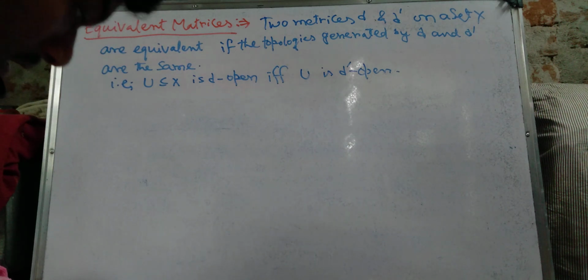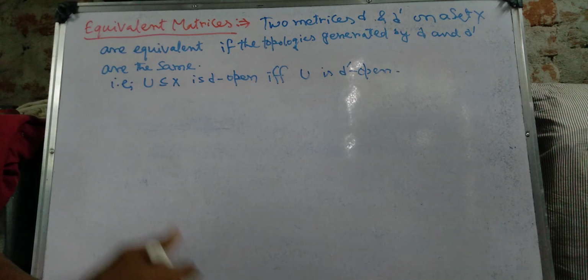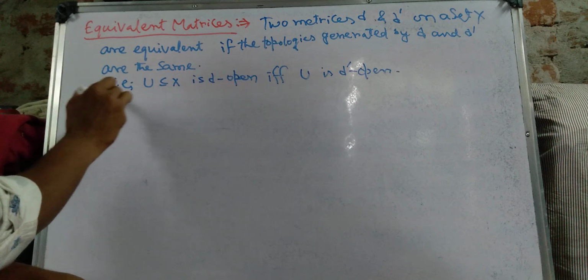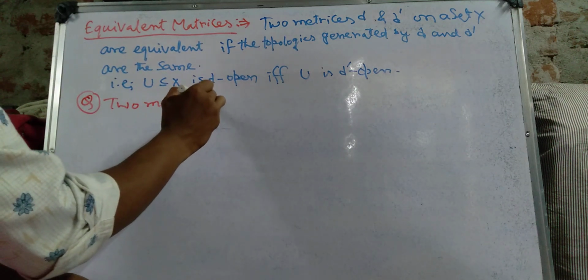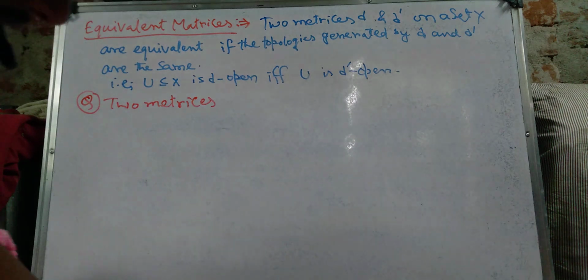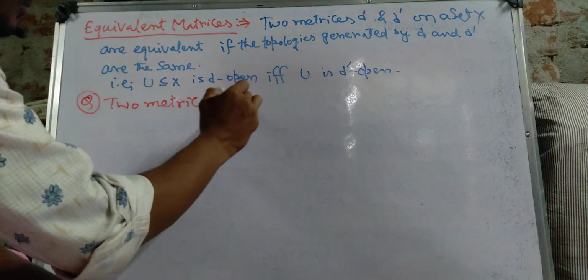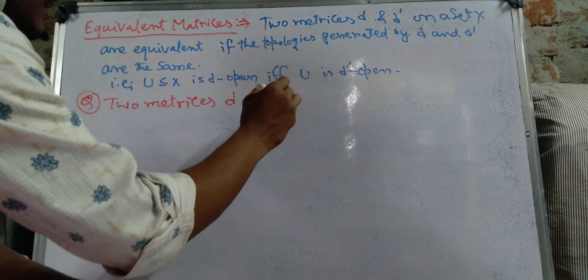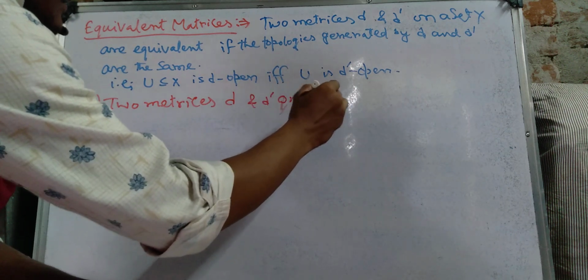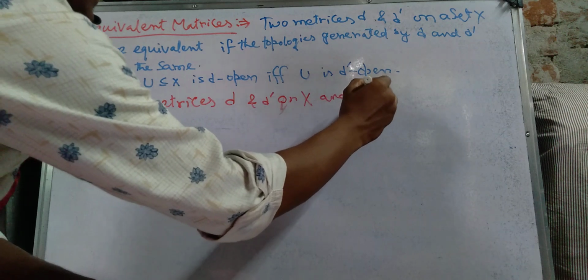These questions are so simple. Two metrics d and d dash on X are equivalent